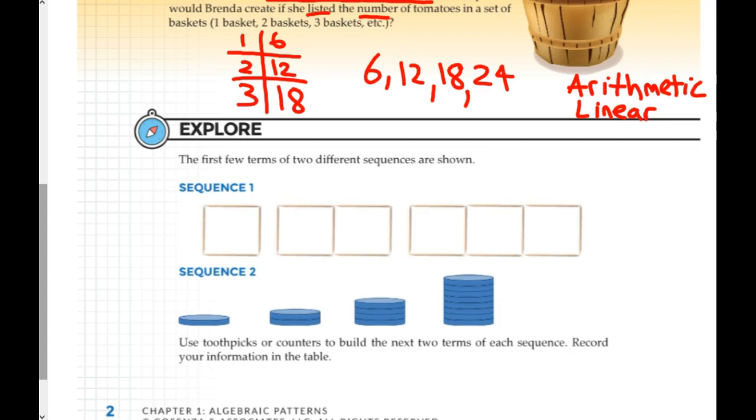So how many toothpicks do we got? 4. Now how many squares on the next one? 2. Now, you might think that's going to give you 8 toothpicks, but I want you to count them. There's 7, right? So you see, like right here, this toothpick is shared by both, so you're not doubling up on that, right? Okay, so what they want you to do is given these terms,